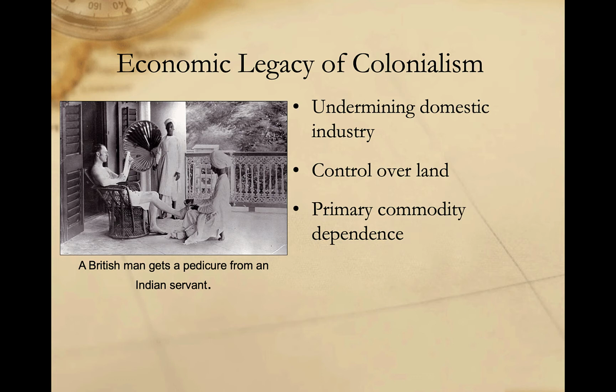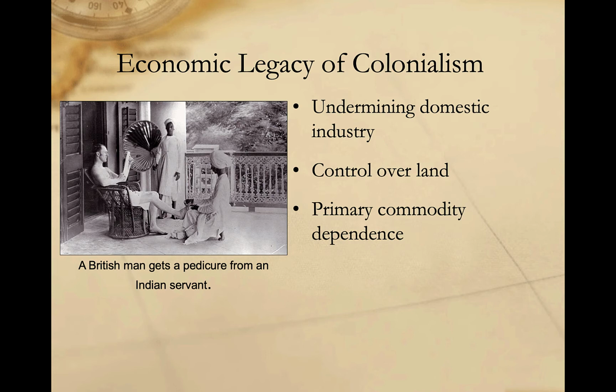Not surprisingly, the land question would become one of the most important questions faced by all post-colonial governments in their effort to achieve economic development and to overcome the colonial legacy. And finally, colonial policies restructured production to emphasize the production of primary commodities and raw material inputs for industry. Before colonization, economies in the global south were generally diverse and varied, and economic activity was geared towards the maintenance of the local community. After colonization, economies were restructured to focus on the production of basic commodities for global markets.